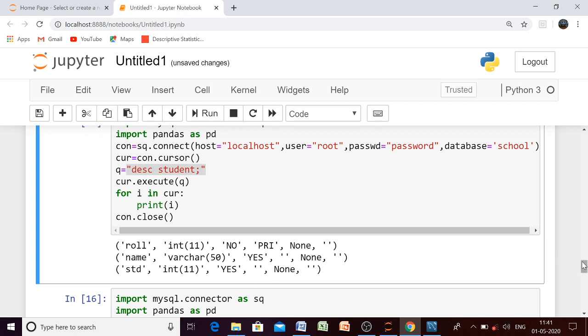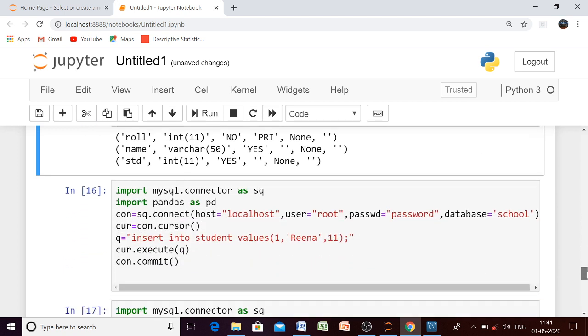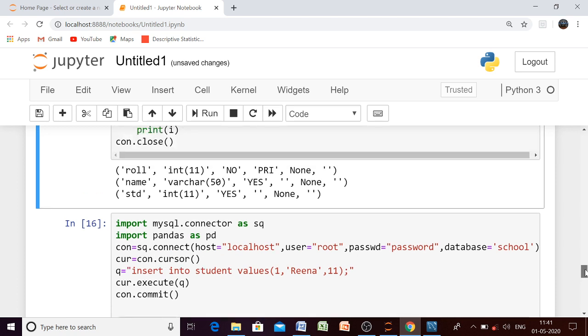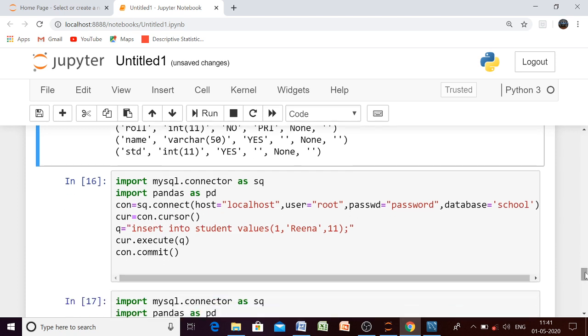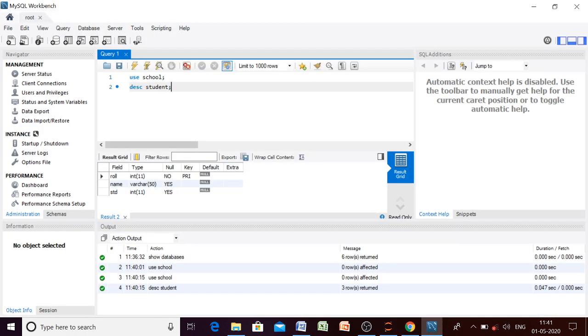Now the table is there. Suppose we want to insert a particular value. Already I have entered 3 records there. Let me check how many records I have already entered, and then I will show you one more record to enter. Select star from student. This should be known to all of you, I hope.